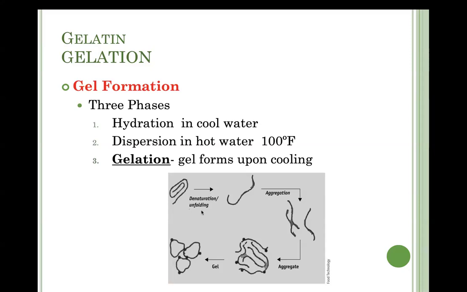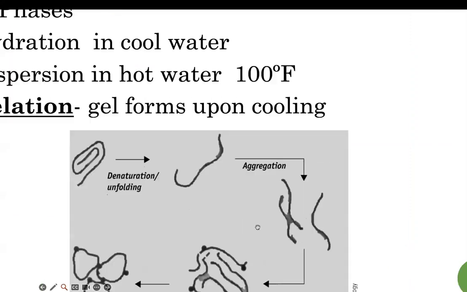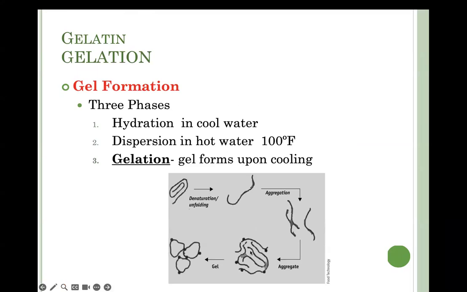So once you hydrate it or let it bloom, you add the hot water to it at around 100 degrees. What it does is it denatures, or unfolds, that protein. Once the protein unfolds, all right, it starts aggregating with other proteins, and then as it gets cool again, it tries to go back to its natural shape. Because you denatured it, or opened up the protein, and you soaked it